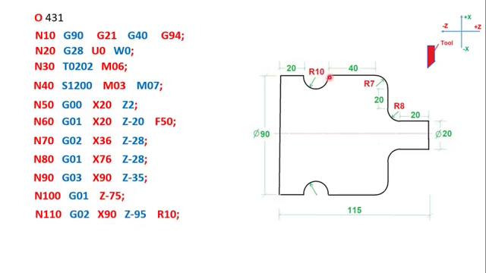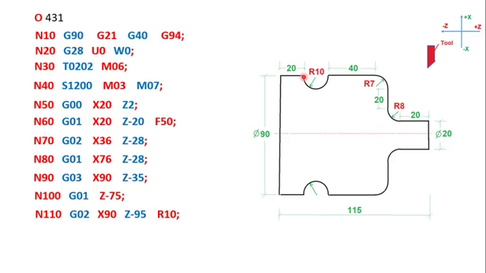Then from here it is a regular curve. The distance is 10 here. So from here I have to define the endpoint. The endpoint is X90, Z minus 75 plus the radius, and R is 10. In this case the depth is 10 only. If the depth is less, again we have to use the Pythagoras theorem and calculate the coordinates of this point.